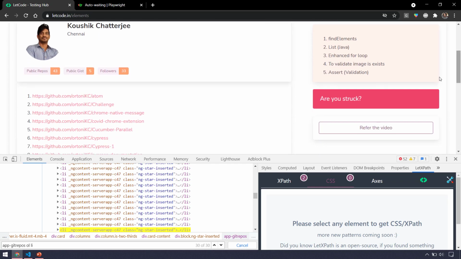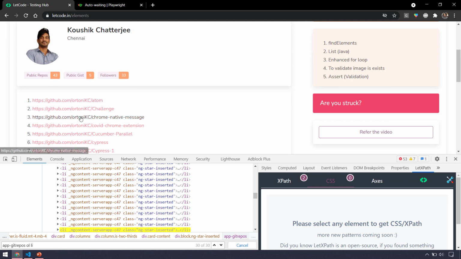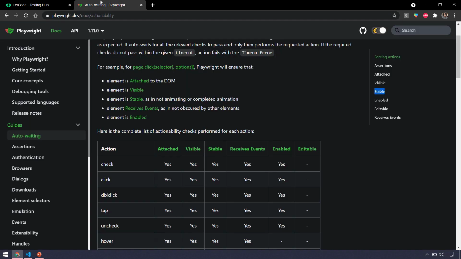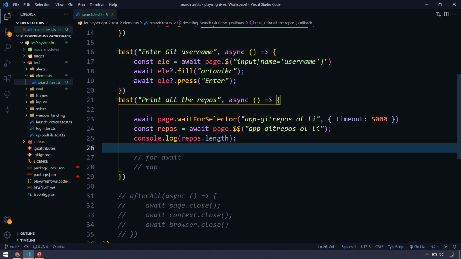But this left hand side, these URLs are dynamically added. Whenever we search based on this input, it's going to populate. So this is your dynamic stuff, and for that we have to use the wait for selector. If you're going to click on this, then probably you don't have to use the wait for selector because it can wait until the element is in a visible state or attached to the DOM. To understand it better, you can go through this. This is your cheat sheet. Now let's go and try to print this out.